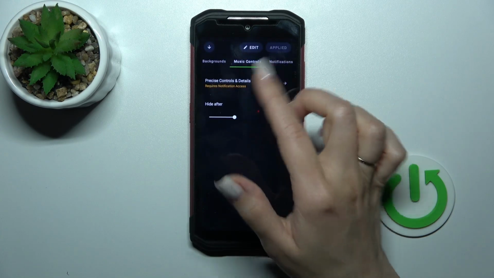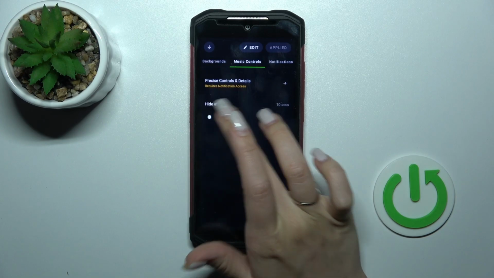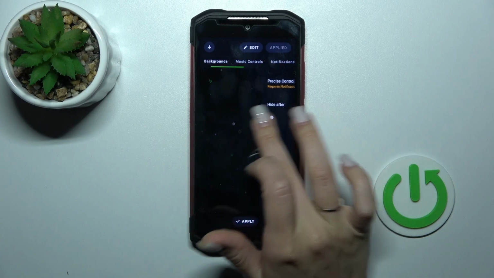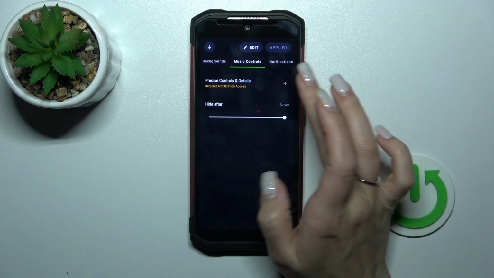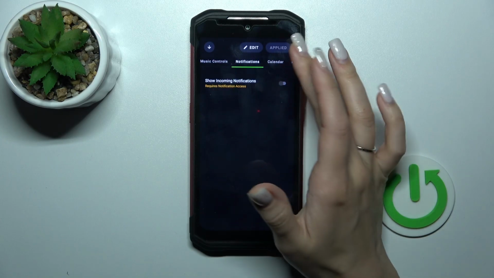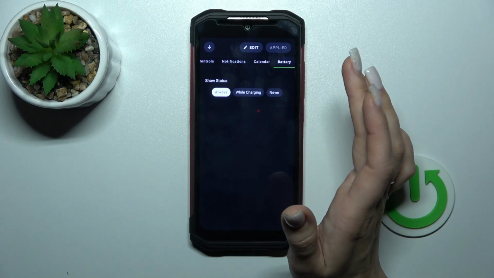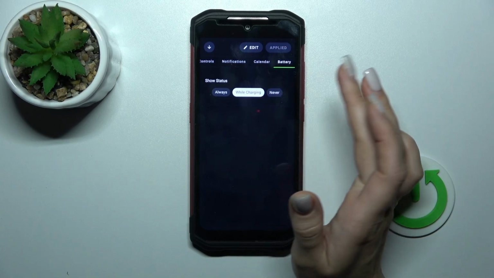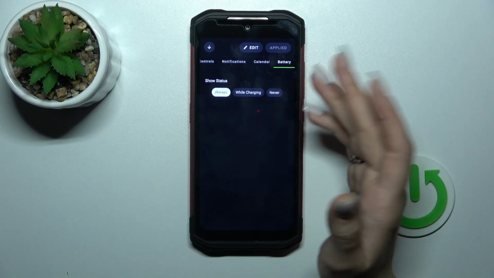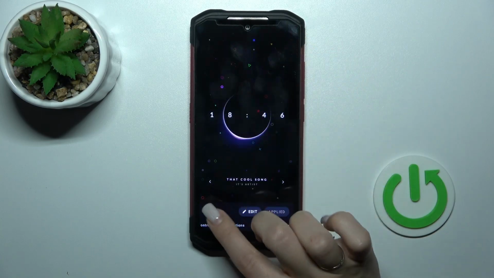Also we can change here the music controls to hide them after 10 seconds or just to not hide them. We can turn on also notifications from different apps. We can turn off or turn on the date to show it on the lock screen, and the battery status always while the device will charge, or just to not show it. And here